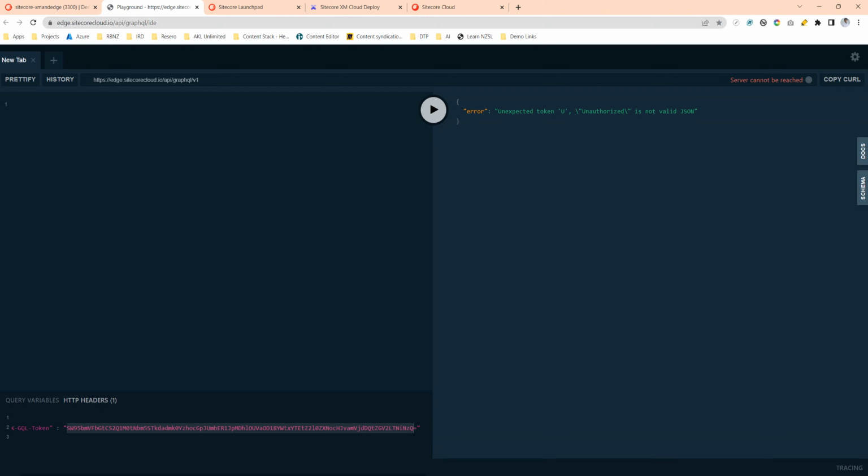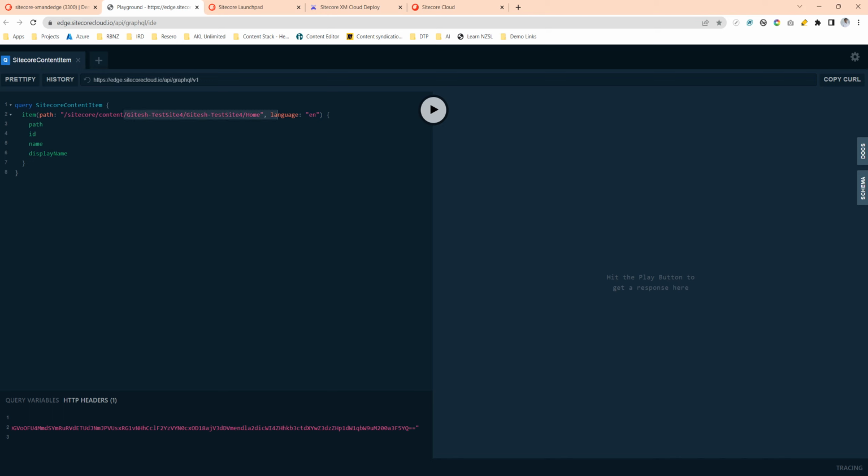So copy that, paste in here, and if I do a query, you can see it's authenticated now, the token. So now whatever data we want, we can grab from this edge endpoint. Let me put one query here,